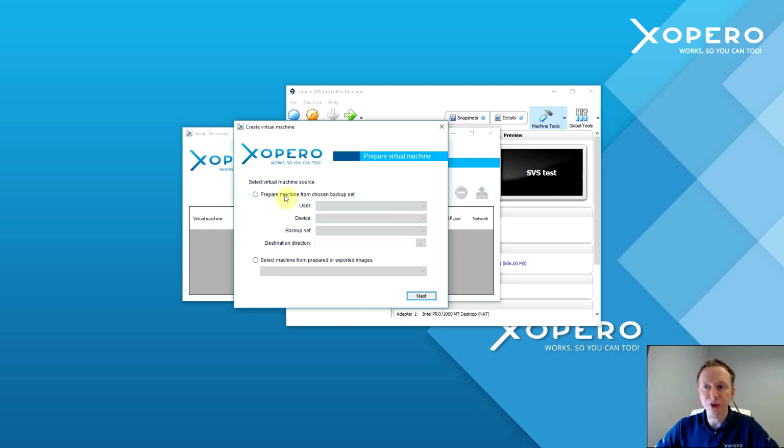You can create a virtual machine based on the backup set. Just choose the user who performs that kind of backup and the device, and after that you have to select the backup set which covers the HDD image backup. On the other hand, you are able to select a prepared or exported HDD image, which is a faster way of